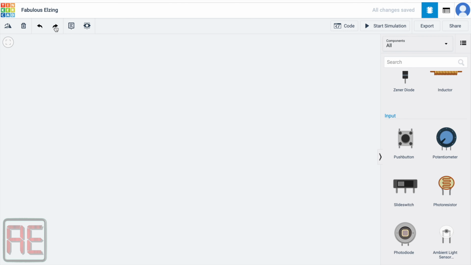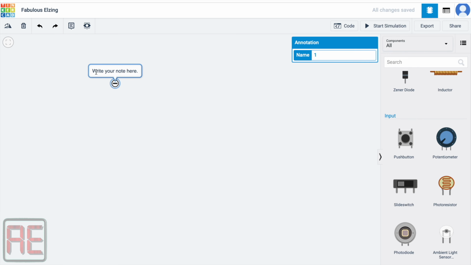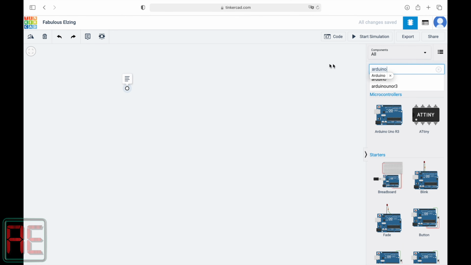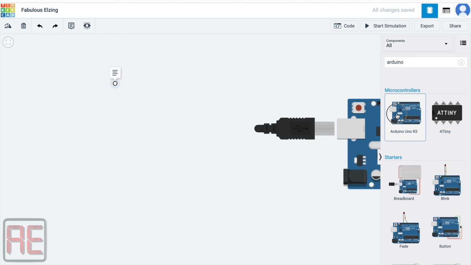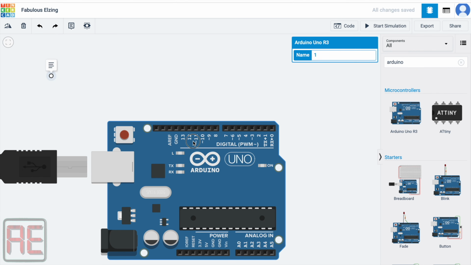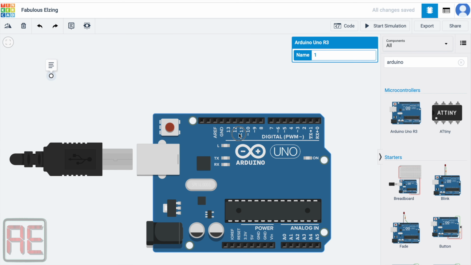If I'd like to add an annotation, I can come here, click on it, and drop it everywhere. And type my comment. To minimize the comment, we can click here to save some space. And if I'd like to hide all my comments, I can click here. We also have a search bar to quickly find a specific component. Let's try Arduino for example. So, we can drag and drop it on the workspace. This button here allows us to fit our circuit on the entire workspace. And to position it better, we can just drag and drop it.